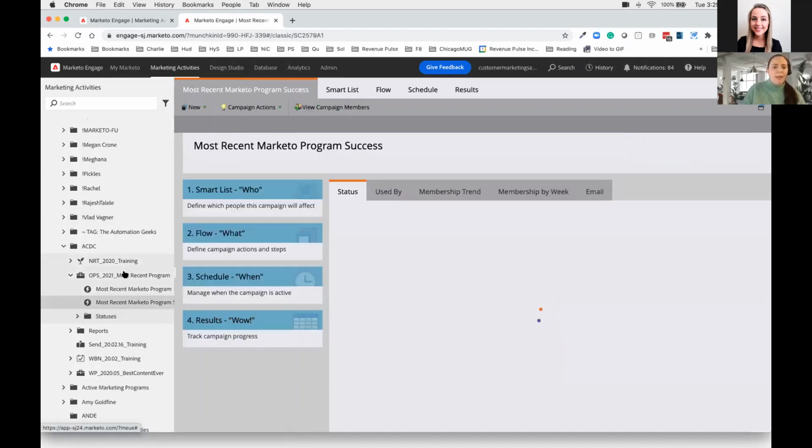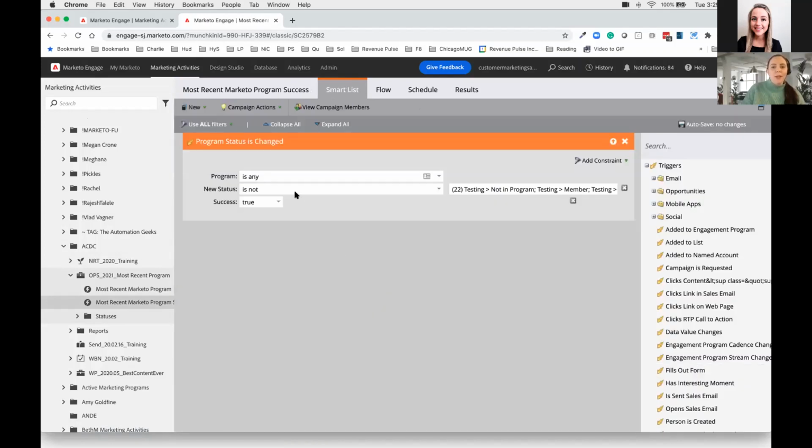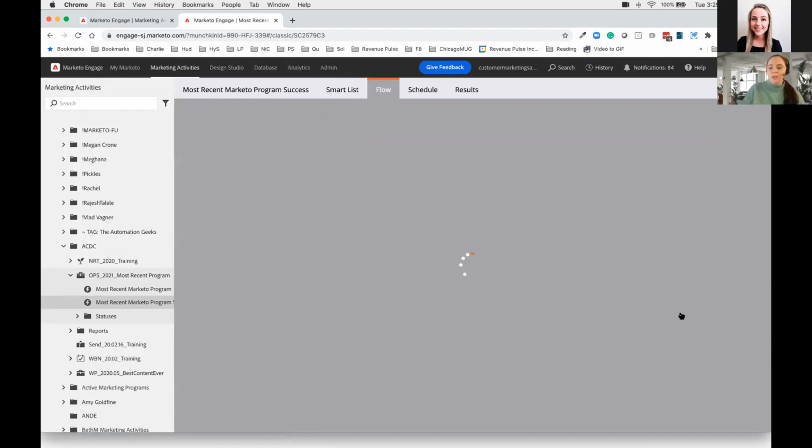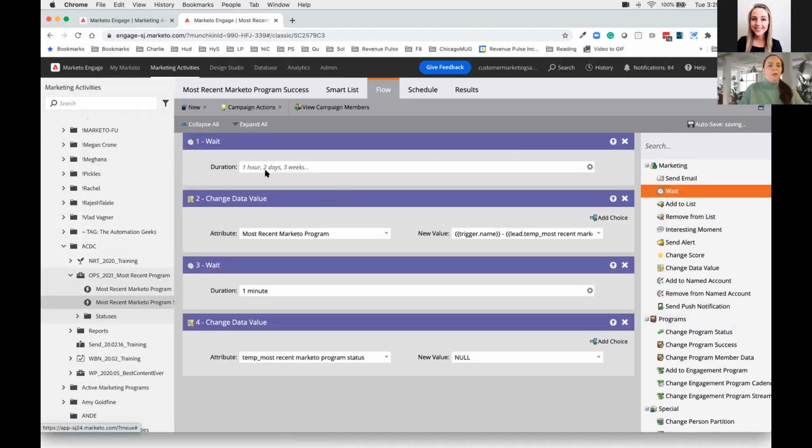And then in addition to providing a field that shows my most recent Marketo program, I can also show my most recent program success. So this is looking for the program status is changed and success is true. And then I didn't throw any wait steps in advance of this because I want to give this a little bit of time to update. So I'll probably put, I don't know, let's say 15 seconds, because it feels about right. So we're going to write into, this should be success. Hold on, let me grab this before I do that, because otherwise I'm going to be mad at myself.